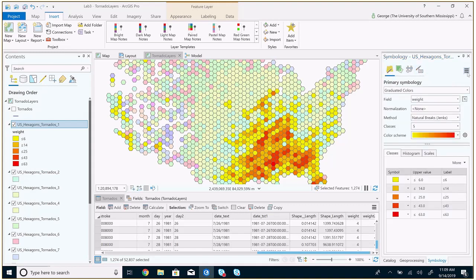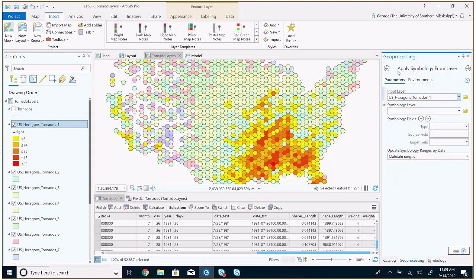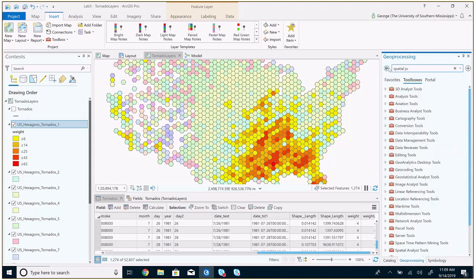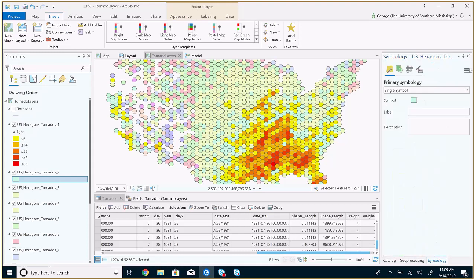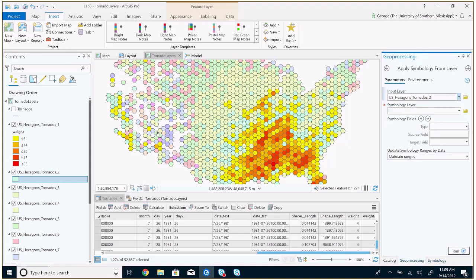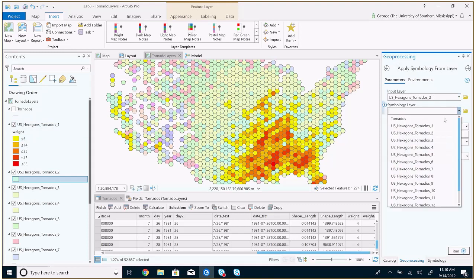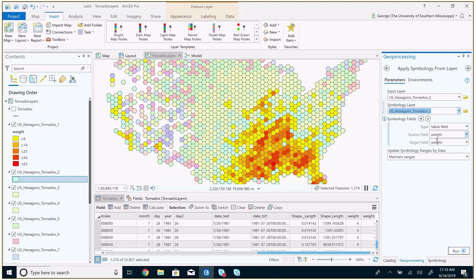In ArcMap, there was a way to, let's see, import symbology. Add symbology from layer. That's pretty cool. Let's see if this works. Whoops. That's not what I meant to do. Okay, so for layer tornado 2 here, what I'm going to do is try to import the symbology from another layer. So here I'm importing the symbology for 2. I'm going to import from 1. Okay, and I want to maintain the ranges. Yeah, that way the range of the highs and lows will be the same. So I'm going to run this,